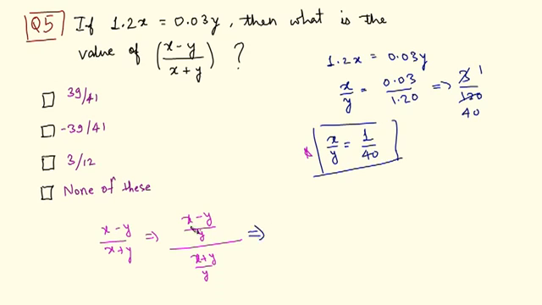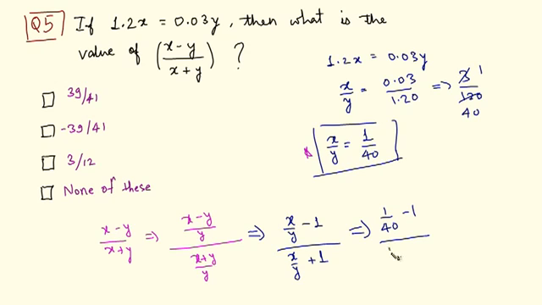And this is x minus y divided by y, it can be x by y minus y by y divided by y is 1, so minus 1, divided by again x divided by y plus y divided by y is 1, and we know the value of x by y, which is 1 by 40